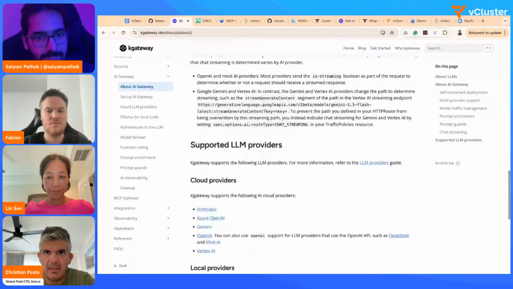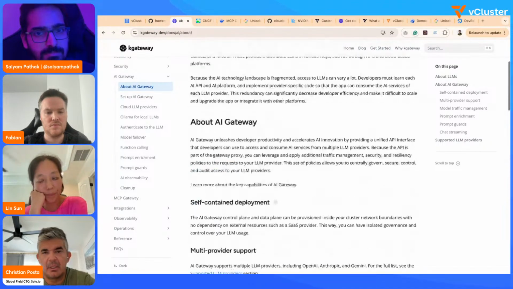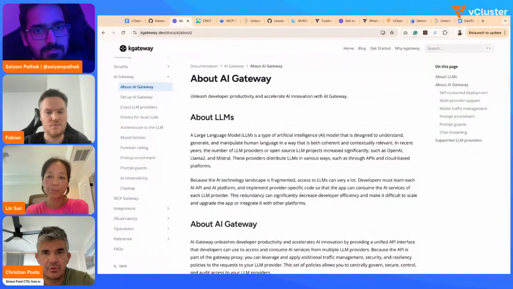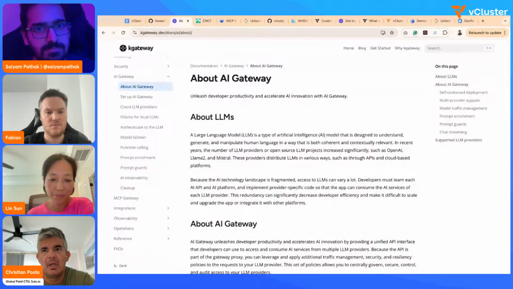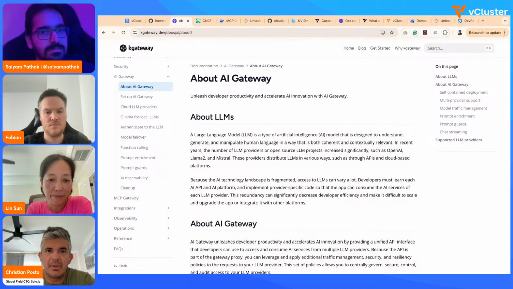So the LLM gateway pattern is extremely powerful for people using LLMs, and gives you control and security around that usage. The second thing that we're doing with the gateway is inference gateway.